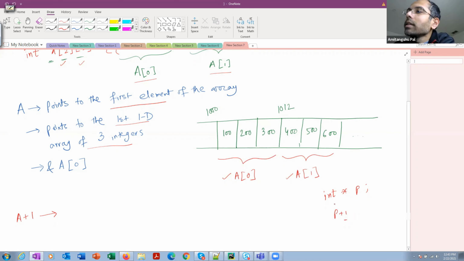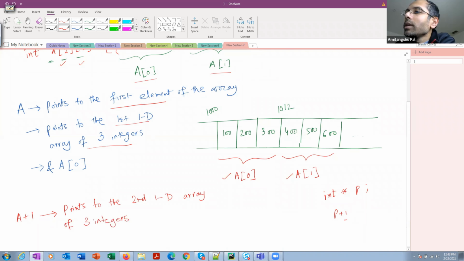If P is a character pointer, P plus 1 will point to the next possible character location. Here A points to the first 1D array of 3 integers, so A plus 1 will point to the second 1D array of 3 integers.